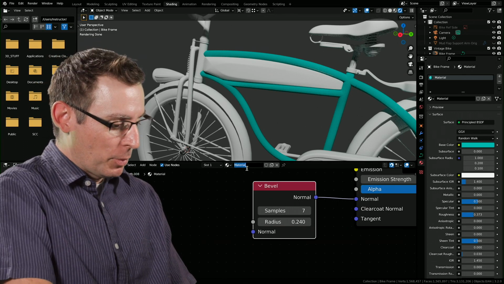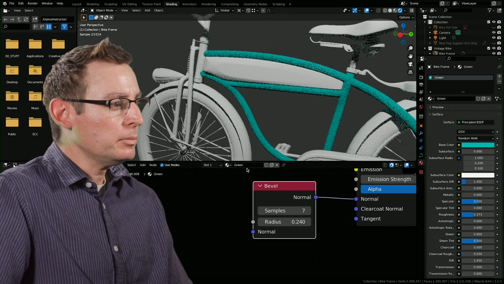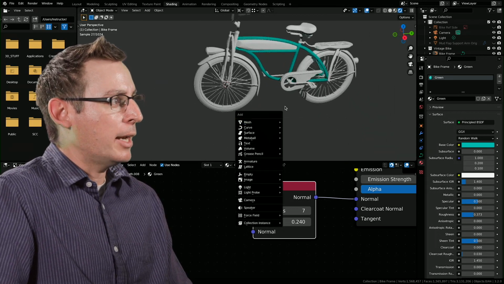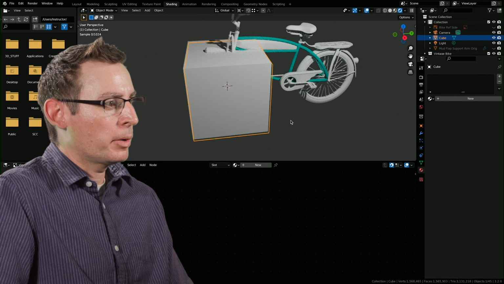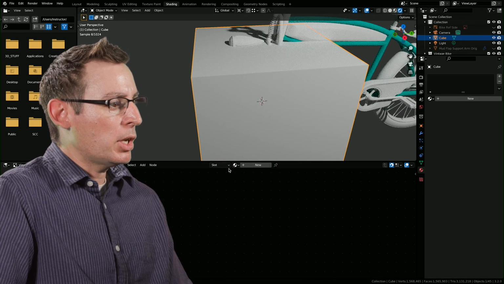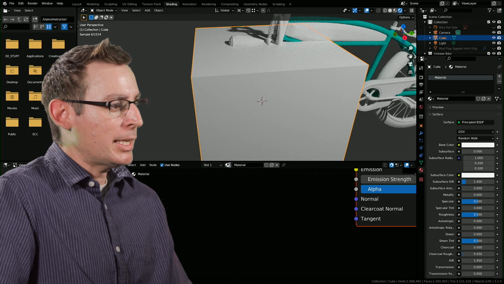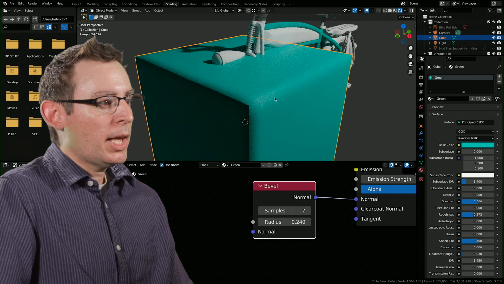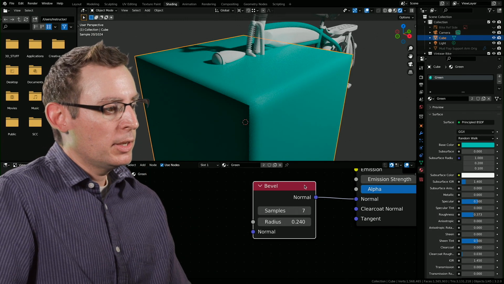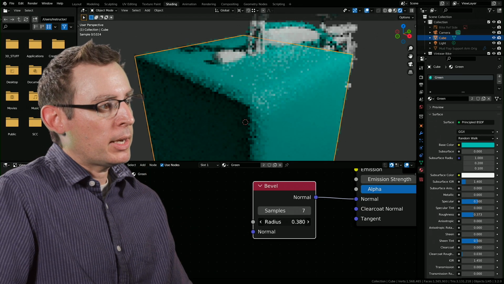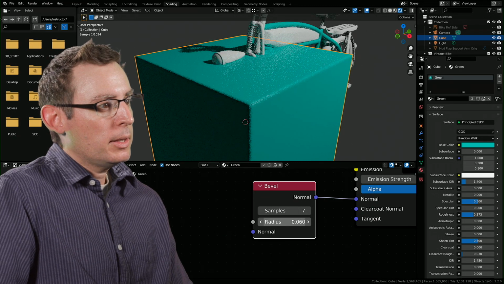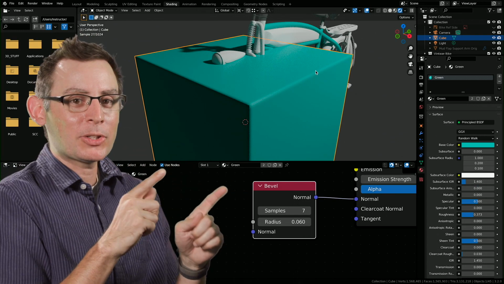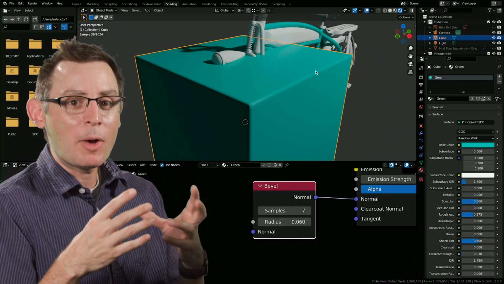Let's give this material a name real fast, and I'll show you one other idea on how we can use this rounded edge shader. I'm actually going to add in a cube here. On the cube, let's just create a new slot, and inside that slot we're going to load that green material. Now look very carefully here. Check it out. See how it's rounding out the edges? Let's see if we can play around with the value here. Yeah, now you can see that's big. Look at that. It completely looks like this cube has been rounded out, thanks to the awesomeness of the bevel shader, this rounded edge shader.